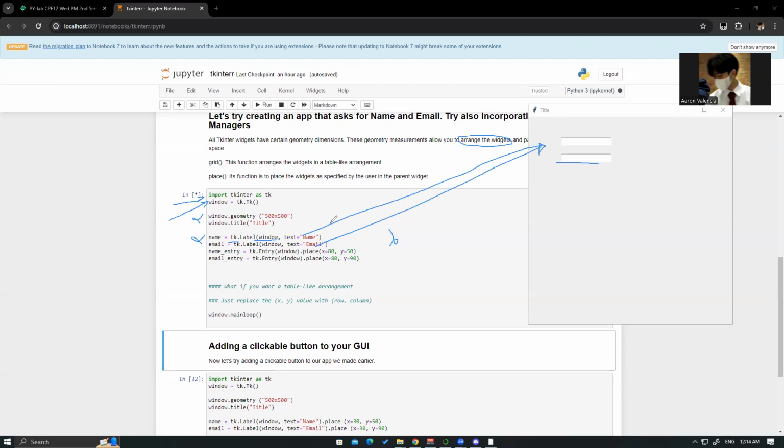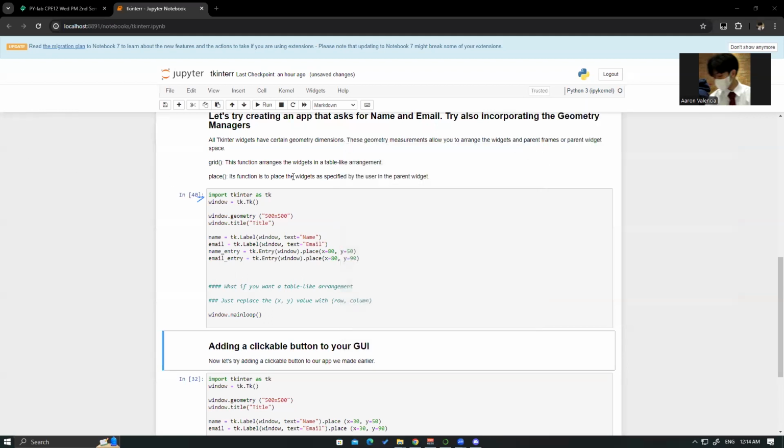So it is important to use that place so that these two here can be added in the application, since that label only adds a single liner in the application. So let's bring back the that place.